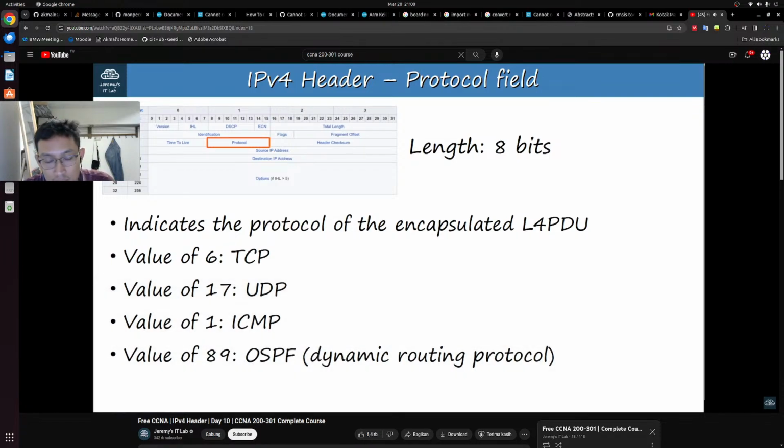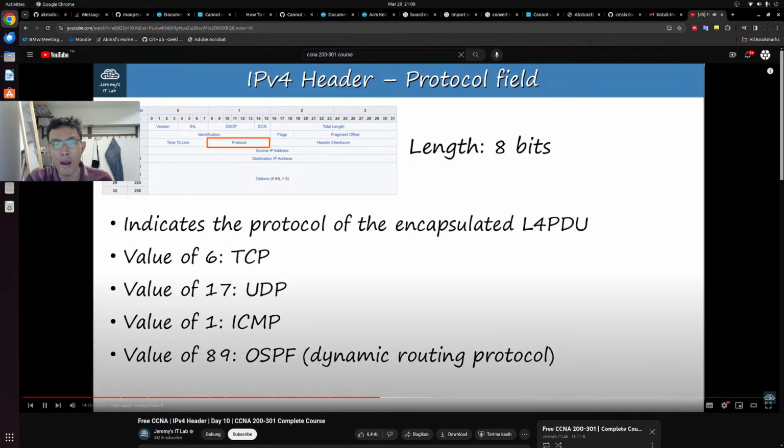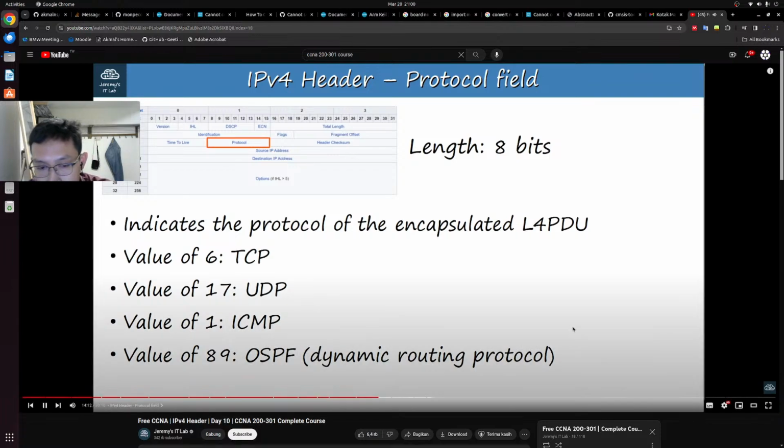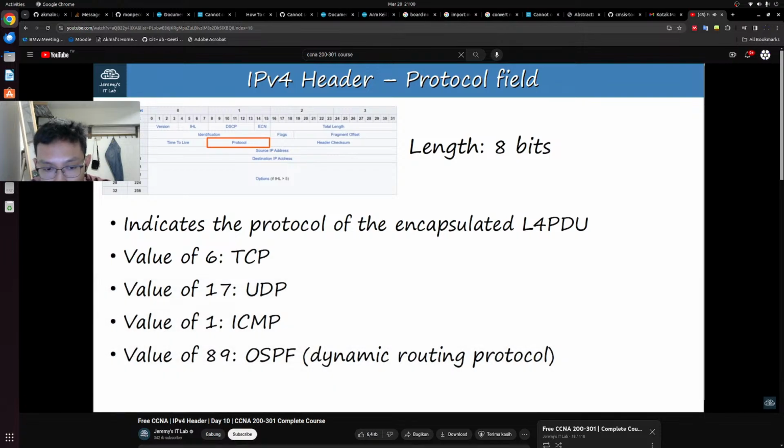OSPF is a dynamic routing protocol, which allows routers to learn routes to destinations from their neighbors without us having to manually configure the routes. We will cover OSPF in depth in this course, so for now just try to remember the